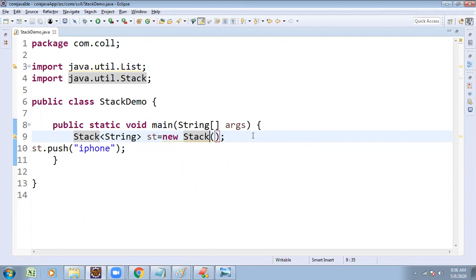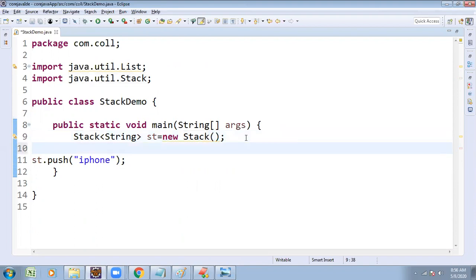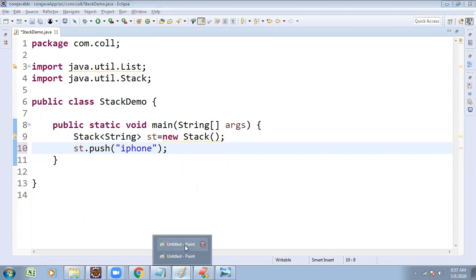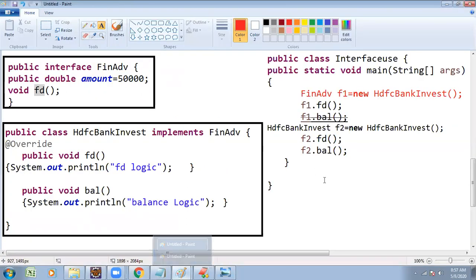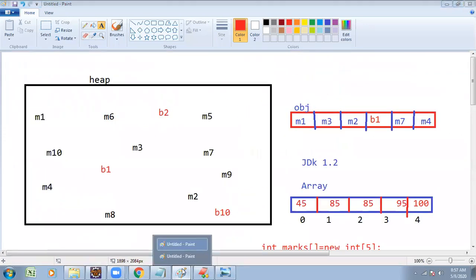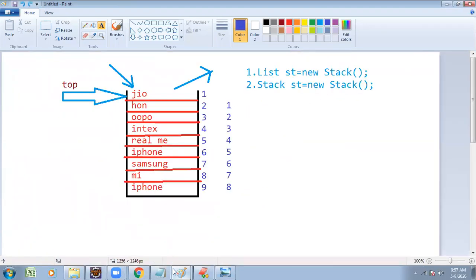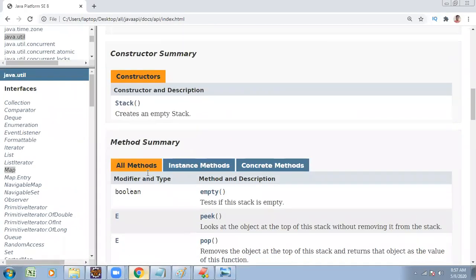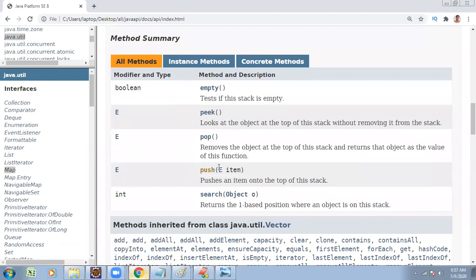Now we want to concentrate on st dot push method. Here I plan to store n number of elements in my stack, so I want to store several elements. Under Stack you find several methods: push method for insertion, pop method. No need to write the logic.